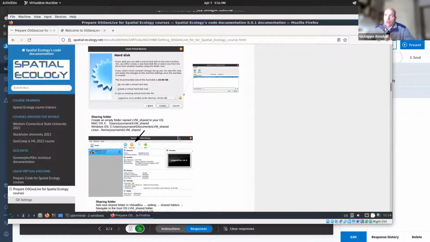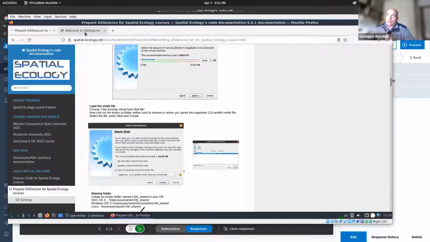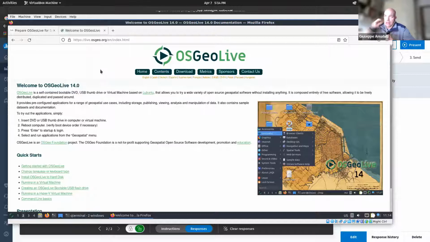machine. The virtual machine, the OSGeo Live virtual machine, is a big effort that started like 15 years ago and has been carried over, especially for developers to test the different software. Then 15 years ago, they realized it was a good starting base for making courses, because everybody can have the same software. So if you are troubled, if we are getting an error, it is going to be the same error among all the